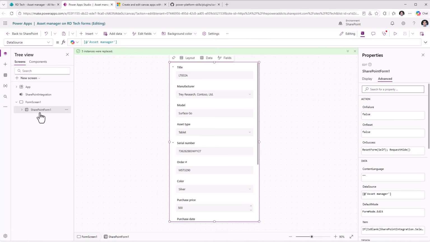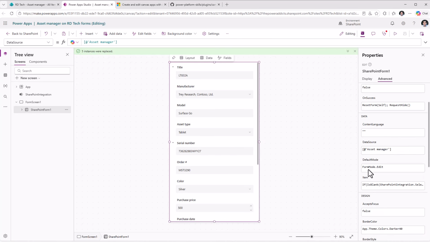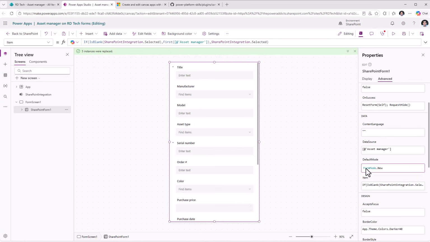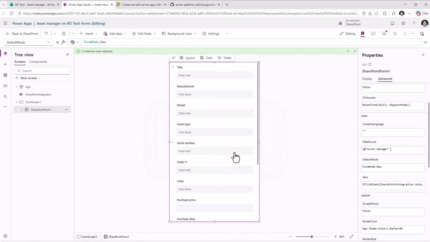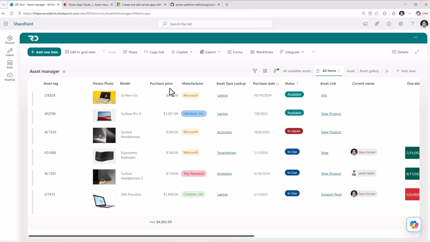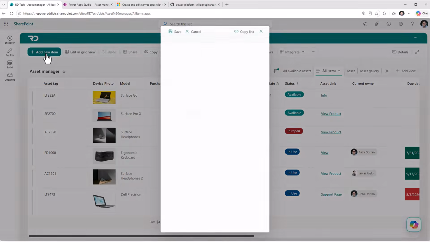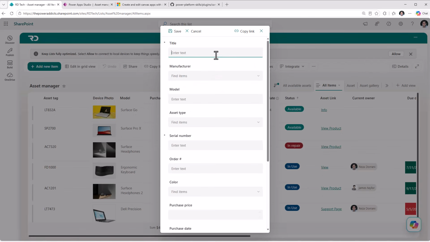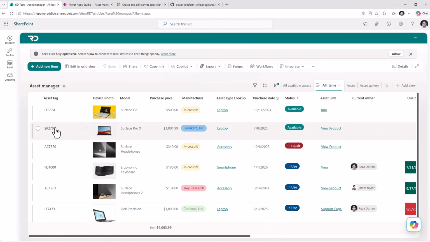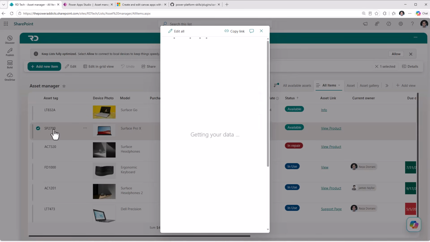If I look at the properties of the SharePoint form, the default mode of the form, I'll make it new. Now let's publish to SharePoint. Now, if I go back to my SharePoint list and click on Add New Item, this will open that PowerApps customized SharePoint form directly in the context of SharePoint. If I select an existing item,